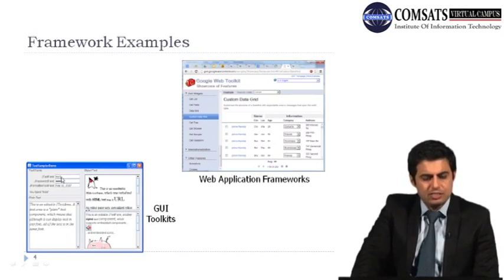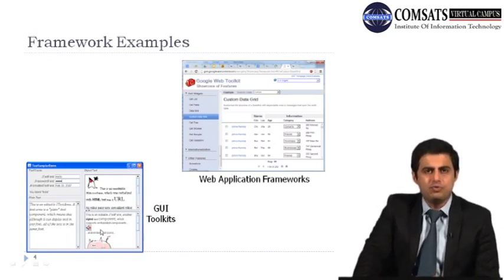If you look at these, there are some fields in which you can put the password and the login details, any date or any authentication field. You also have buttons, menus, and scroll bars. So this is a GUI toolkit which is provided by the framework, and you don't have to write code for it.